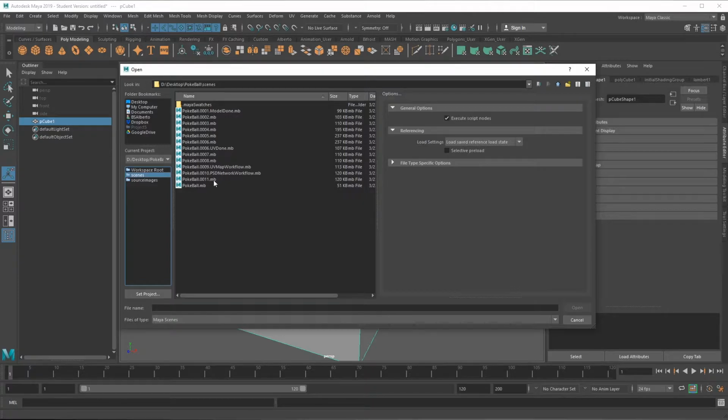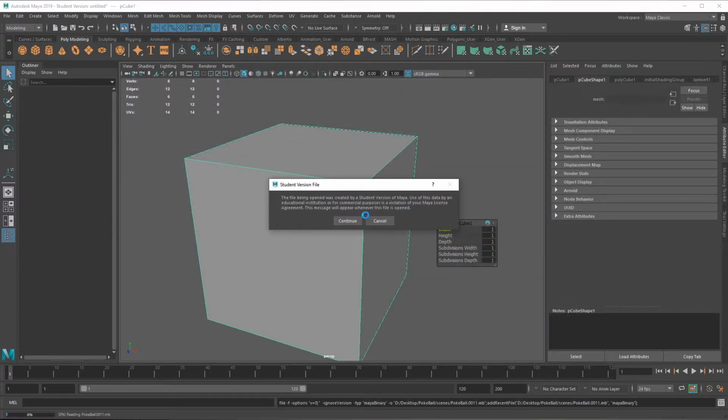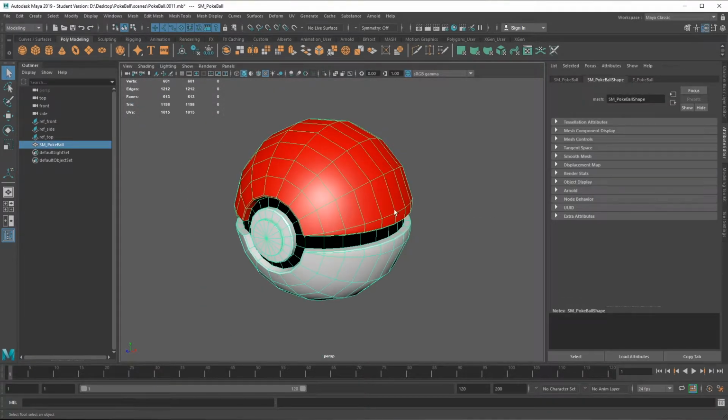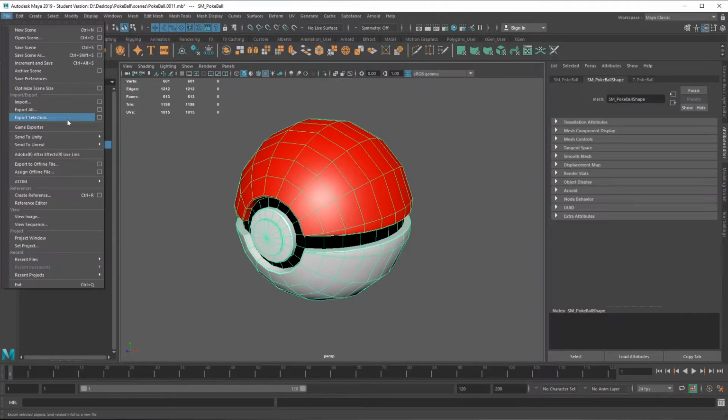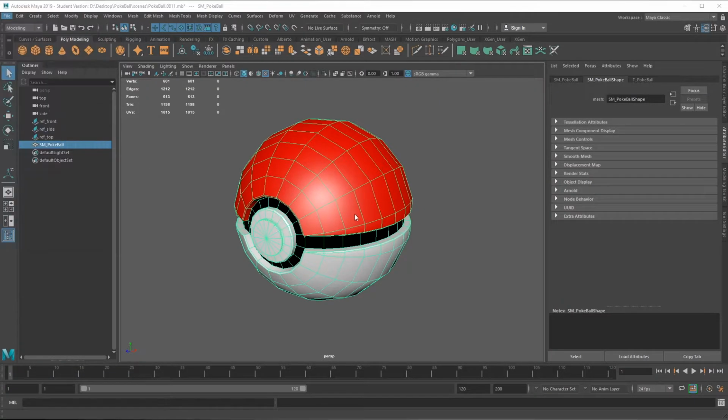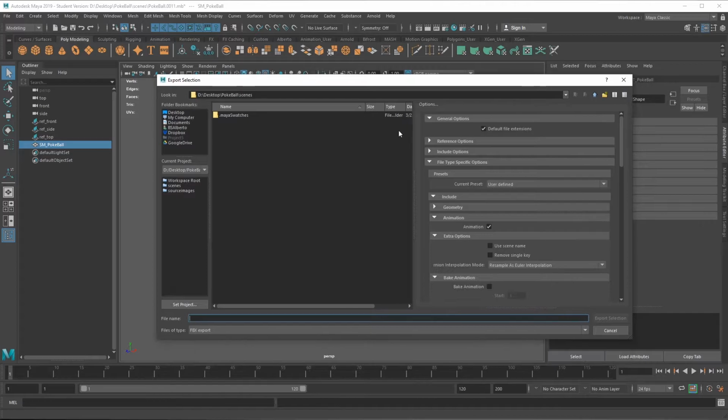So I'm going to go to my scene, I'm going to open the last one, and this time around I'm going to select my Pokeball. I'm going to go File, and I will say Export Selection. This selection is going to be on my workspace, but I'm going to make a new folder. This time around, this is going to be my exports, and in exports I'm going to be saving my Pokeball. So that is the basic Pokeball, let's say 001,